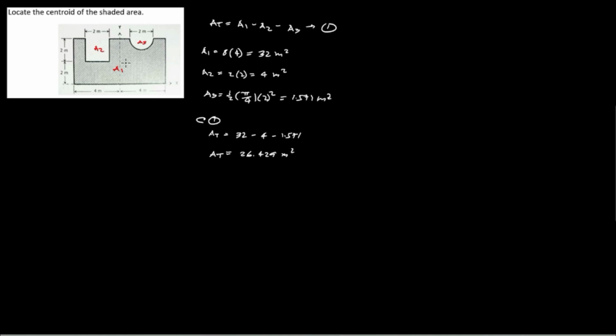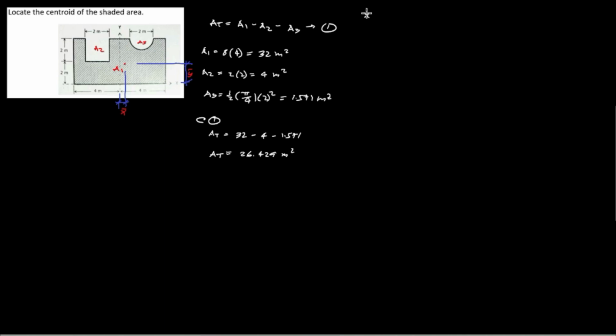We will presume that the centroid is at this point. Along the y-axis, we designate x bar, and along the x-axis, we designate y bar. We will locate x bar, which is measured from the y-axis, and y bar, measured from the x-axis, using